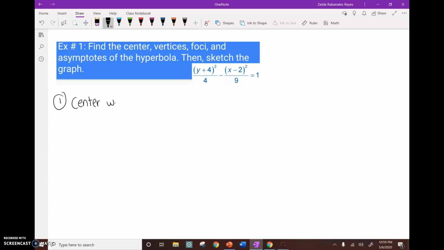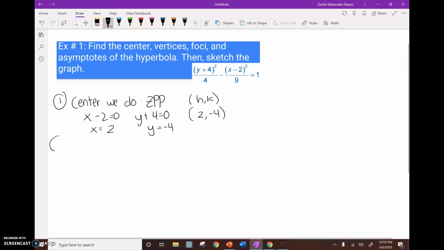So then we do zero product property. X minus 2 is equal to 0. Y plus 4 is equal to 0. X equals 2, y is equal to negative 4. So then my h comma k is 2 comma negative 4. And now we're going to move on to find the A, B, and C, because that's going to help me out for my vertices. So step 2,